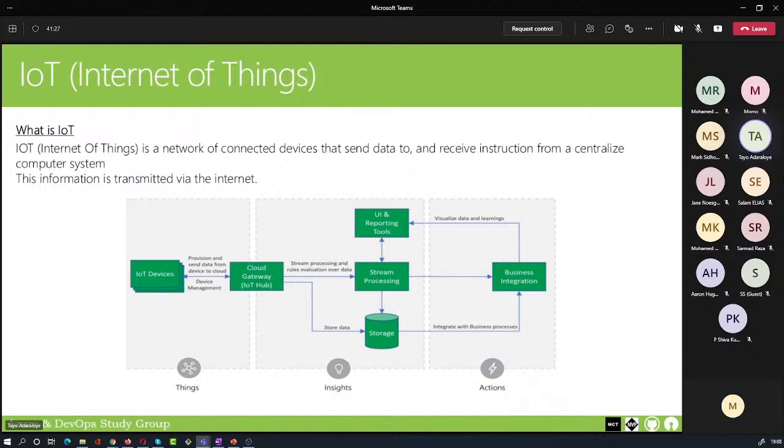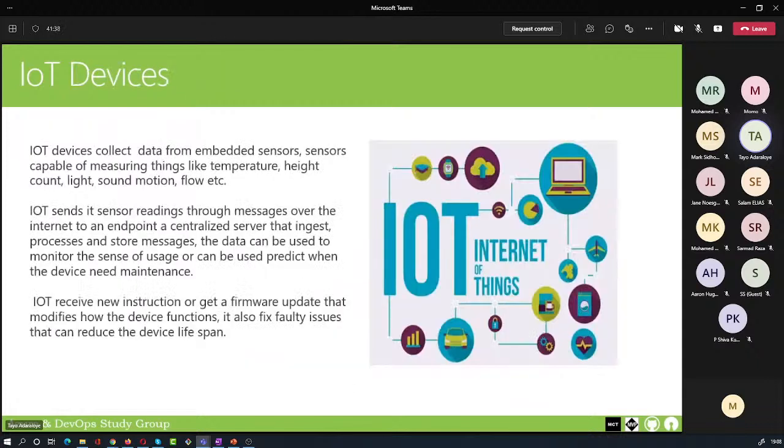So this is just a breakdown of what happens between your IoT device and a centralized system on the internet. Here we're going to discuss IoT devices. We have various IoT devices out there, the ones you are familiar with: smart watches, smart TVs, smart refrigerators, and all that. So what happens between these devices and your IoT? There are microcontrollers embedded in these devices that make it possible to exchange data between your device and